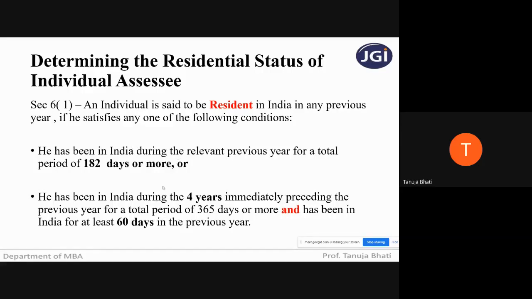So I hope you all have understood the points that I have mentioned. What is stay in India? Stay in India also means his stay in the territorial waters of India. The second thing I have told you is the stay in India need not be continuous. He can stay in India in a broken manner also. And the third thing I said is even if he is leaving India, that day will be counted as stay in India, and the day he is coming to India, that day also will be counted as stay in India. And why am I telling all this? Just for the purpose of your calculation of the number of days, which will help you determine his residential status. Have you well understood, students?